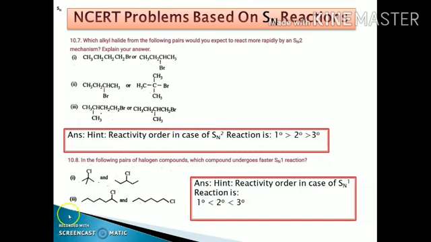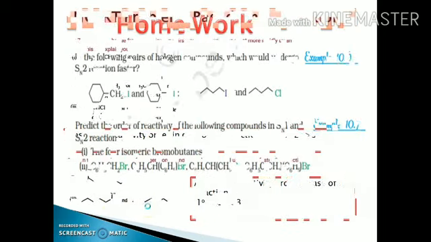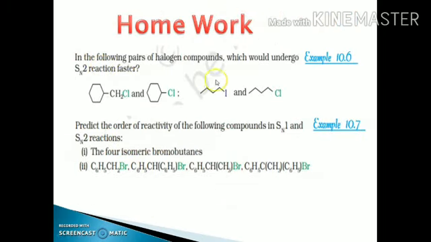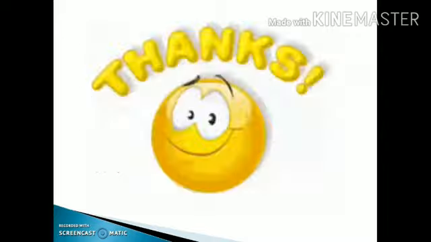In the second case, the first compound forms the secondary carbocation and the second compound forms the primary carbocation. It means again the first compound is more reactive compared to the second compound. Now this is your homework. Try to solve these questions. Here we will discuss